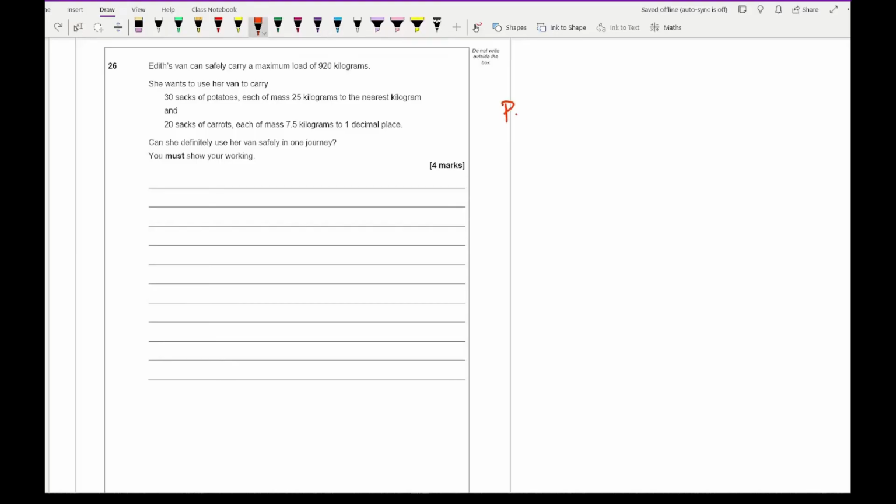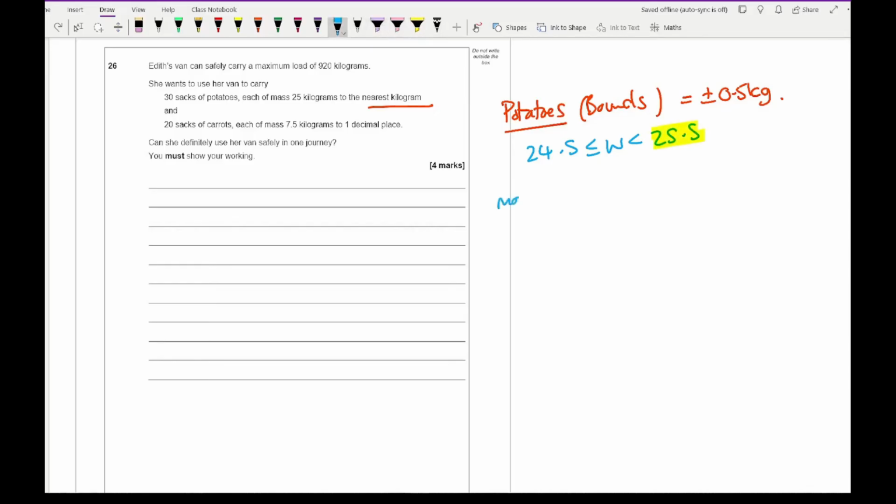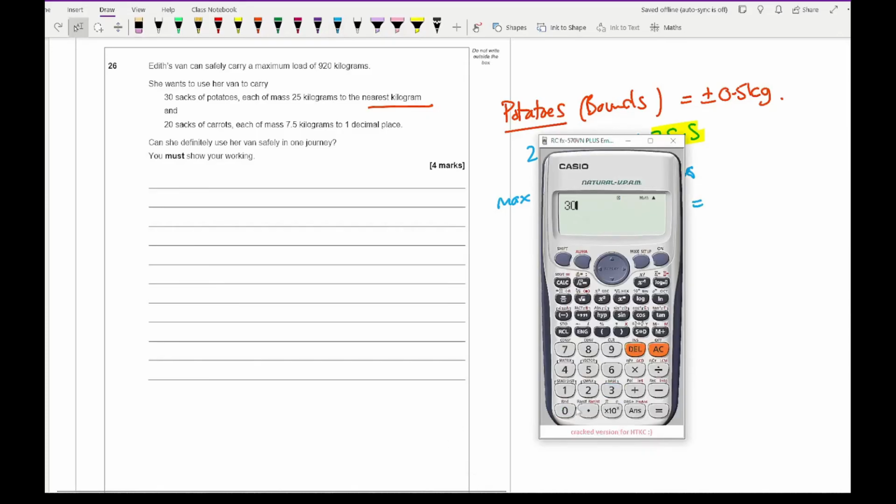So let's have a look at what we've got. In terms of the potatoes, we want to look at the bounds of these. It's been rounded to the nearest kilogram, so it's going to be plus or minus 0.5 kilograms. Let's have a look at what the limit is first. It's going to be 24.5 and 25.5, so we'll take 25.5. So the maximum amount of potatoes in total is going to be 25.5 times 30, which on my calculator,